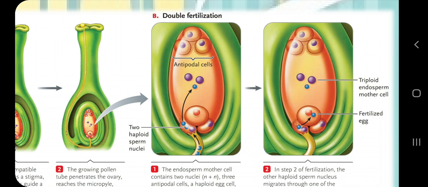will fuse with the egg, and we are so familiar with this concept from class 7, 8, 9, 10th and 11th also, that the egg is the female gamete, the sperm is the male gamete, whether we are talking about plants, animals or humans. Male gamete and female gamete will fuse with each other, and this process is called fertilization, and they will produce a diploid cell called a zygote with a single nucleus. That was a very important question for class 10th and class 8 science also.